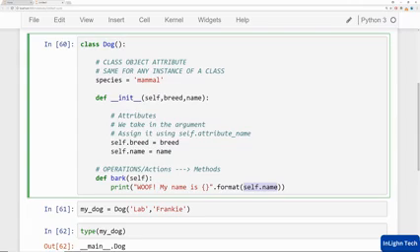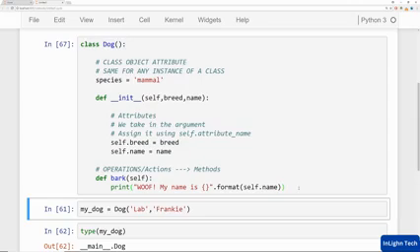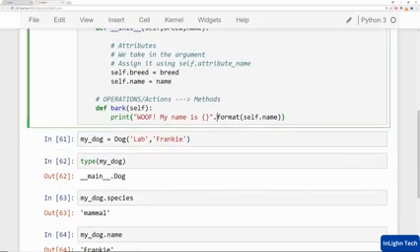For this particular instance of the dog object, find its name. And it does that through the self.name call. And then we'll just insert it automatically because we only have one curly brace there. So we run that, and we're using print formatting there, which you can always review in case you're unfamiliar with